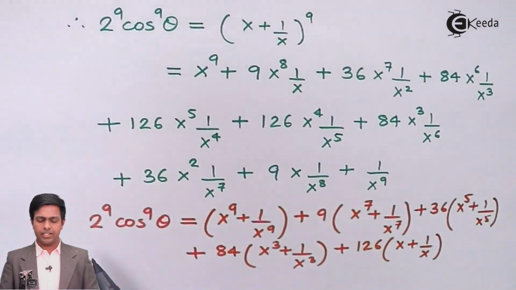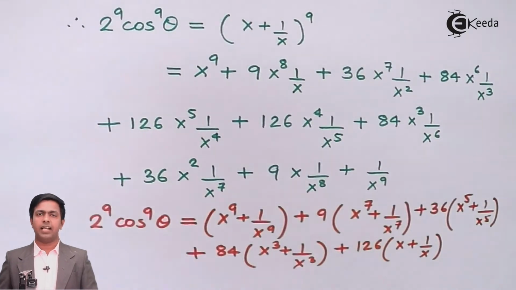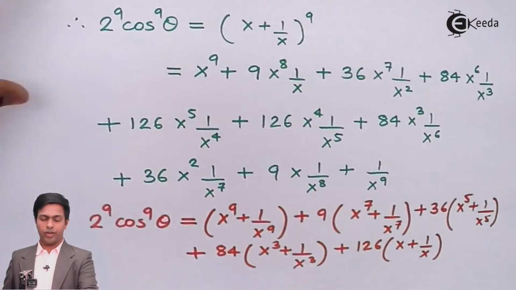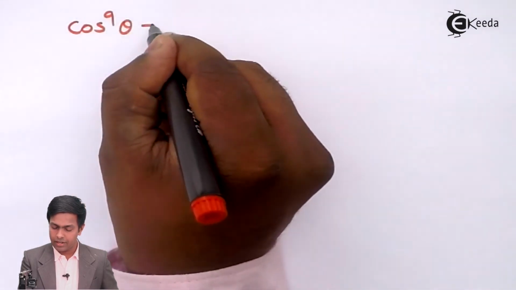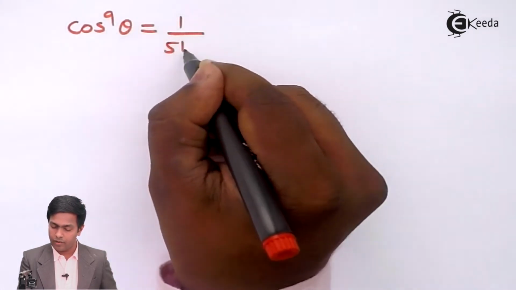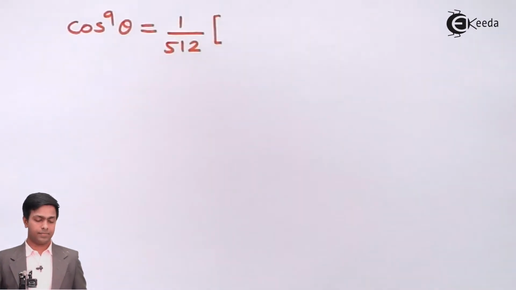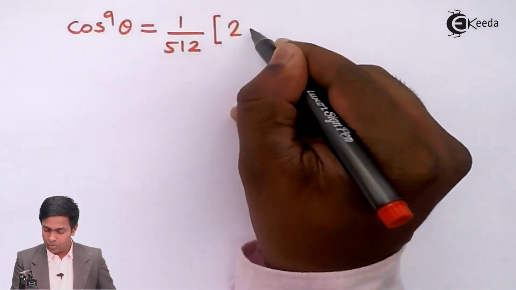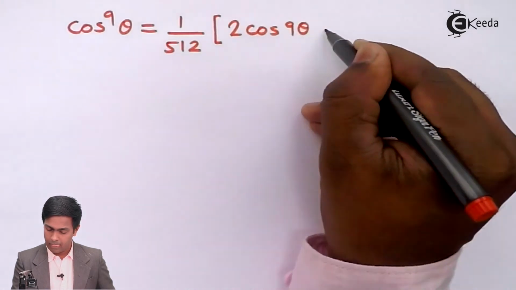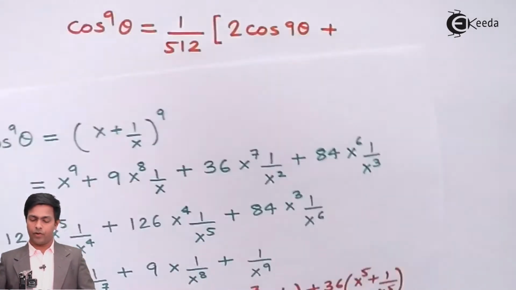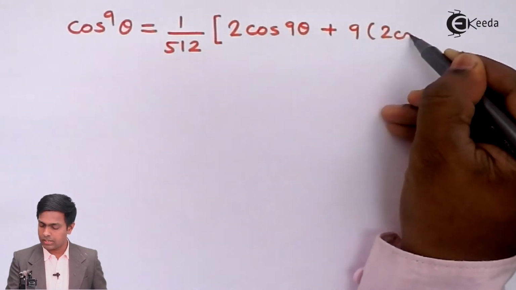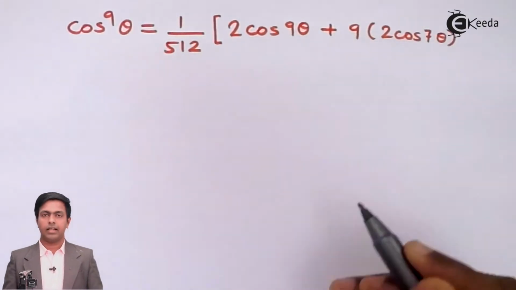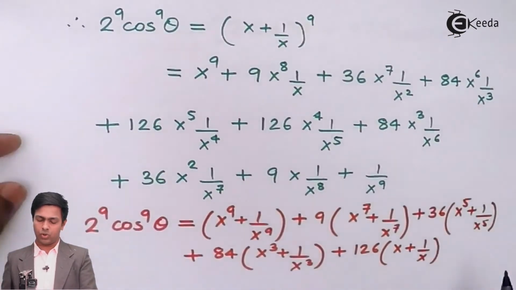So we'll take this 2 raised to 9 to the right hand side, and we know that the value of 2 raised to 9 is 512. So we will get cos raised to 9 theta equal to 1 upon 512 in bracket 2 cos 9 theta plus, here we already have 9, so that will become 9 into 2 cos 7 theta, then 36 into 2 cos 5 theta